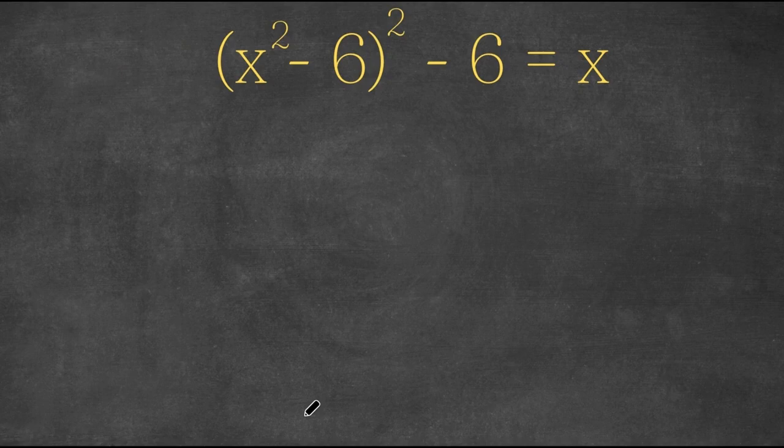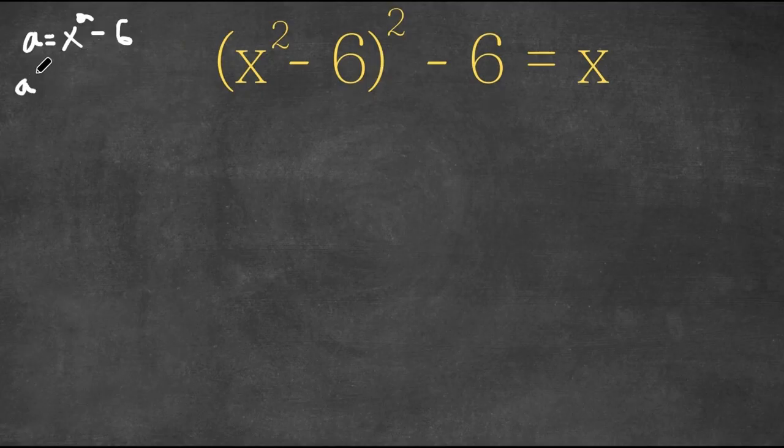In today's video, I'm going to be teaching you guys how to solve this exponential equation. So we have x squared minus 6, squared, minus 6 is equal to x. And what I'm first going to do is set a equal to x squared minus 6. So I'm going to set the variable a equal to x squared minus 6. And if we substitute in a for x squared minus 6, our equation would be